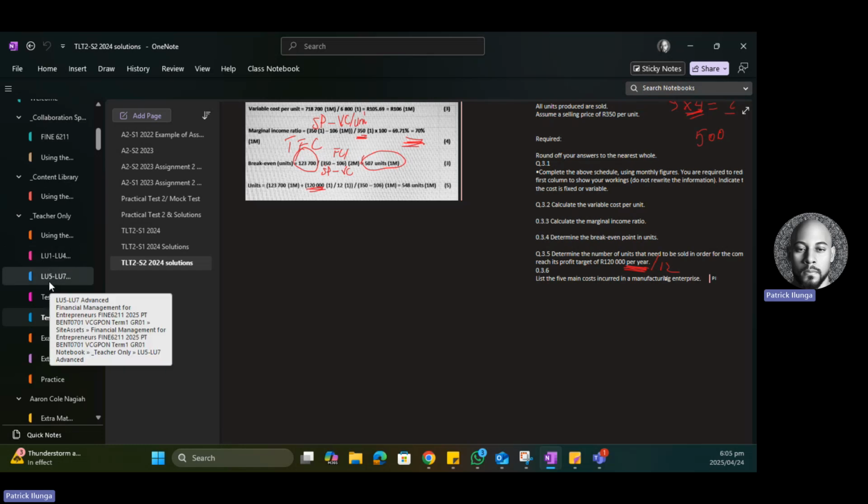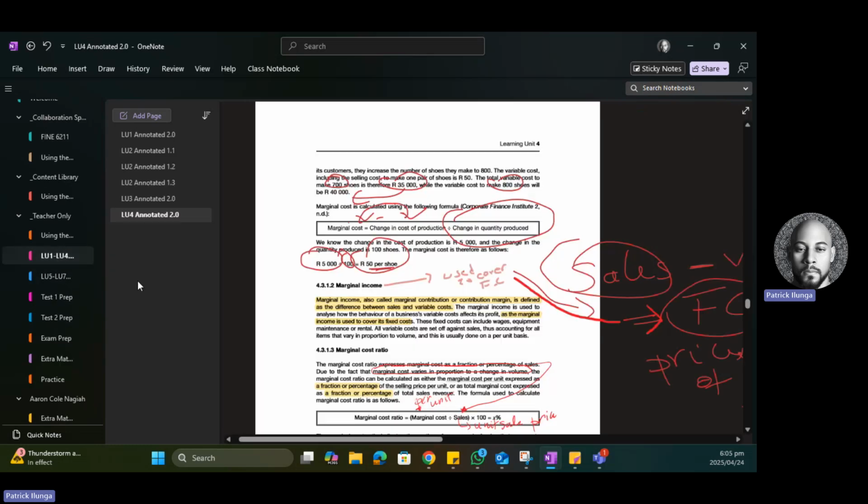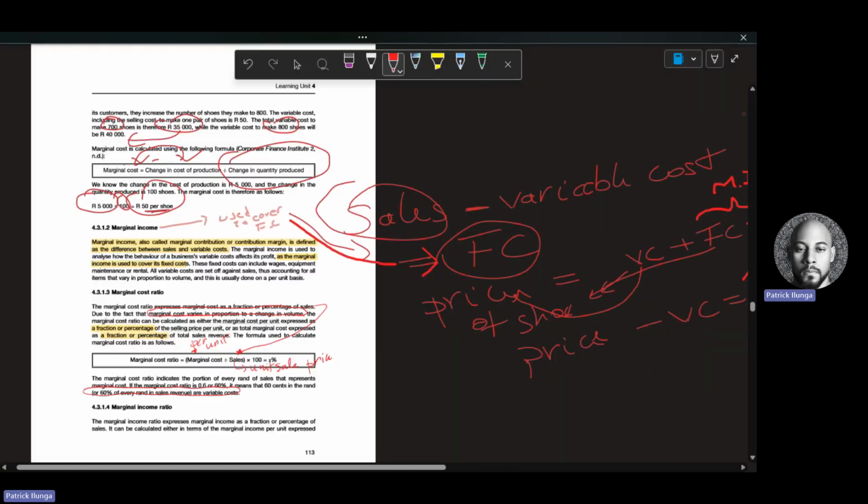But just make sure that you spare enough time for practicing as well as your learning units 3 and 4, because you remember that your test 2 will be on learning units 2, 3 and 4, right? It would be quite good, and I don't know if we're going to be able to do that, to cover learning unit 5 just before you write your test, because some of the things in learning unit 5 will allow you to understand learning unit 4 better, but we will see. You have more than enough to do your part.